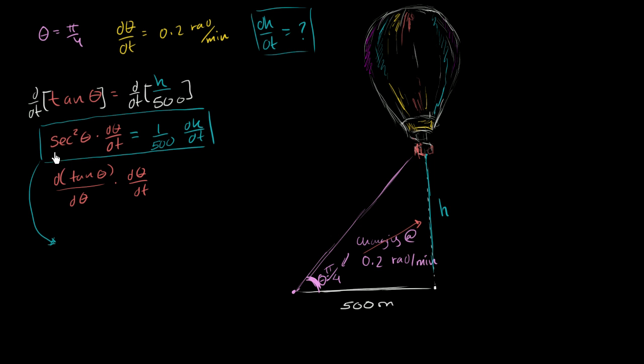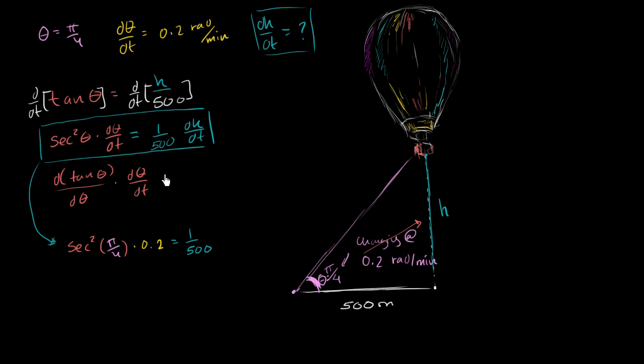So we get secant squared of theta. Right now our theta is pi over 4. Secant squared of pi over 4. Let me write those colors in to show you that I'm putting these values in. Secant squared of pi over 4, times d theta dt. Well, that is just 0.2. So times 0.2. And then this is going to be equal to,